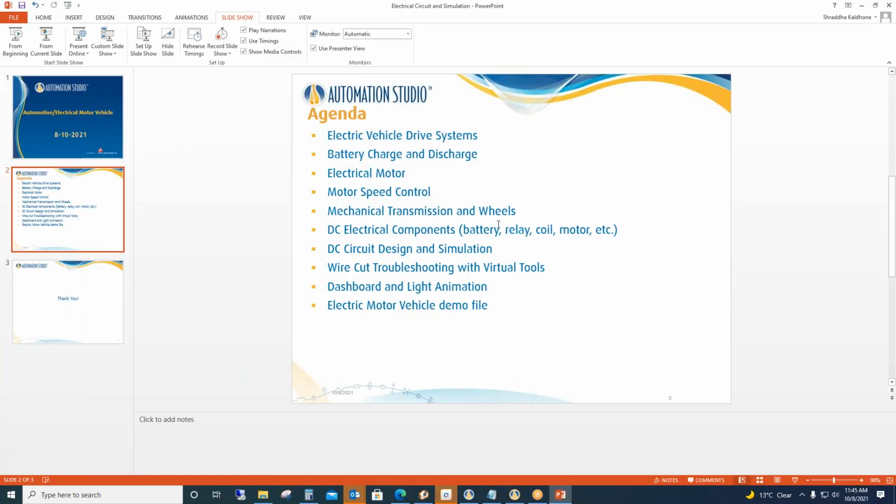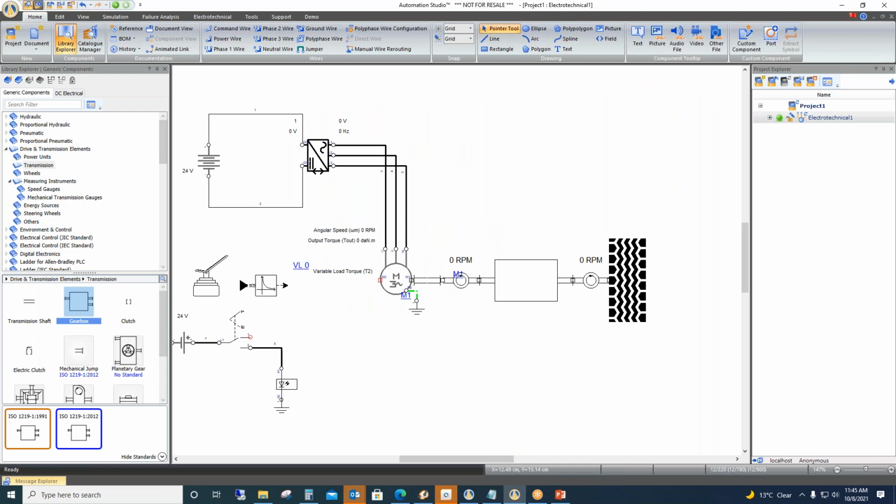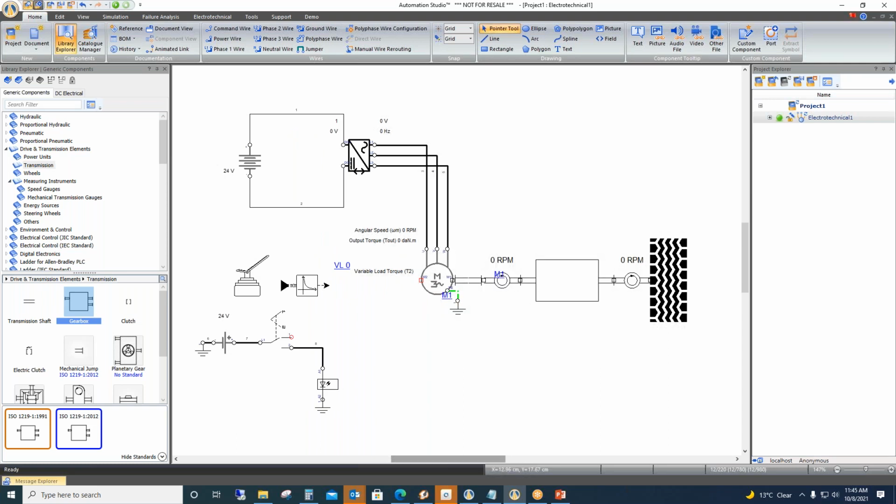Then the next part is the DC electrical components and the lighting of a car. So just before proceeding, sir, I just wanted to know, you have time, right? How much time do you have left, or is it okay to extend a little? We had scheduled this for 1 hour, so will it be okay to extend a little bit, or do we have to finish sharp at 12? How much more time will you require? We can go till 12:15 or something. You can go right up to 12:30 here. Don't worry. Continue. Okay. Yeah. Thank you.